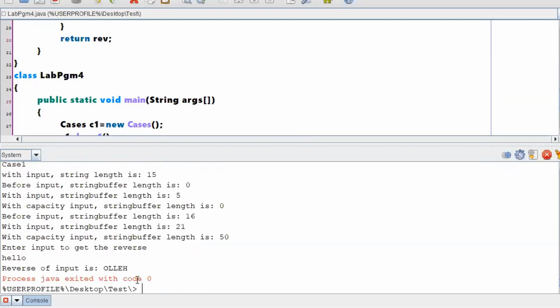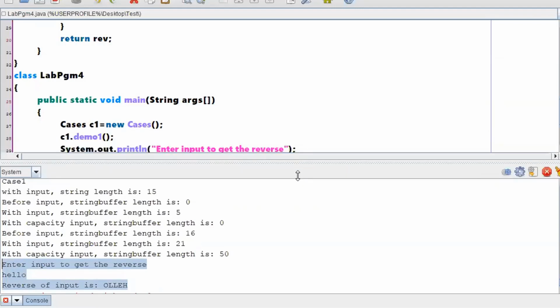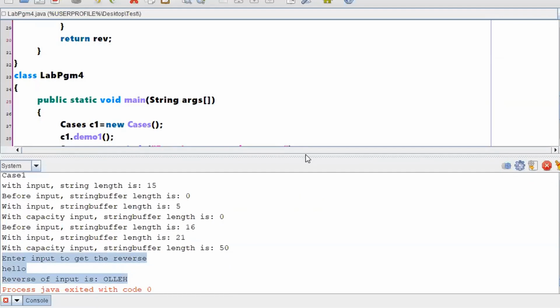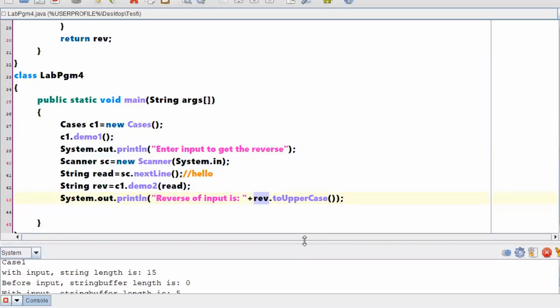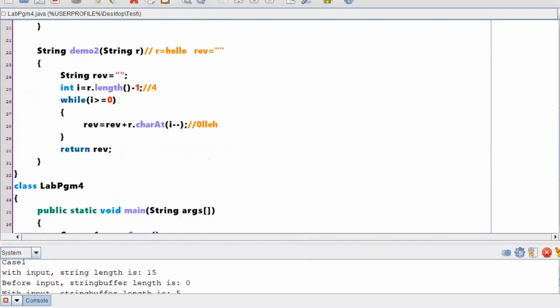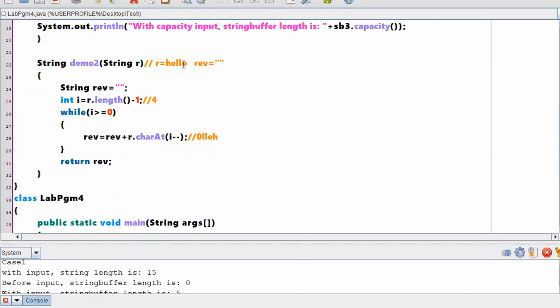Hello, uppercase reverse. Got the things? Again, I'm telling you, the intention of writing each and every line in front of you is to make you understand each and every statement. If you are not able to understand, then you are lagging in a few basics, because I wrote each and every line and showed you what will happen with respect to each line. If you have questions, you can post them.